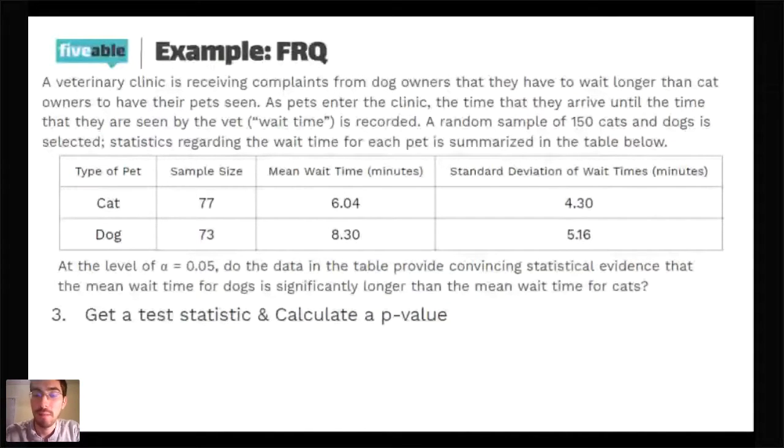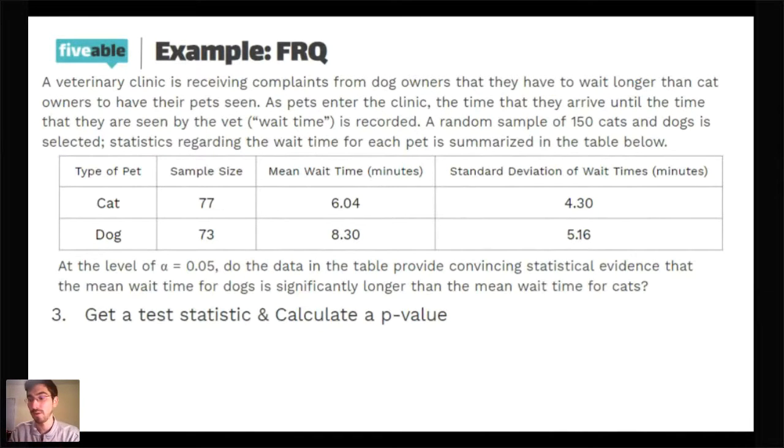When you're doing this, pay attention to how you wrote your hypotheses. The vast majority of you on here wrote dog before you wrote cat. So on the left side of your equal sign, you have mu dog, and on your right side, you have mu cat. That means when you're typing your data into your calculator, you have to put the data for dogs first and the data for cats second. Otherwise, you're going to end up getting the exact opposite